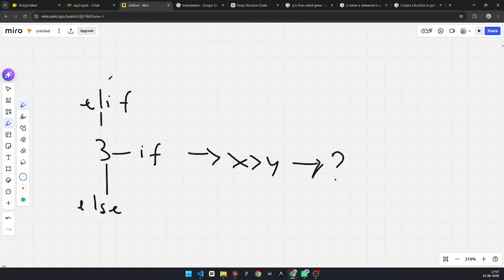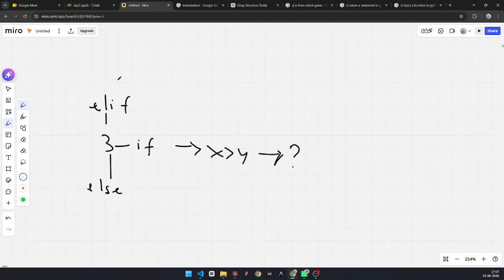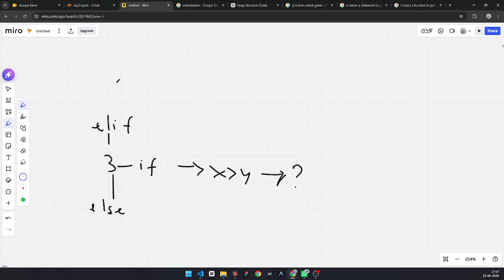Elif means like... Exactly, Inuguri Rakshit, yeah, you are correct. Exactly. They are for making decisions. And elif is also like what if. Let's say we use three variables. If x is more than y is more than z, what if y is more than x is more than z?